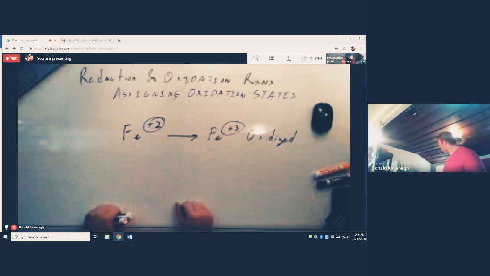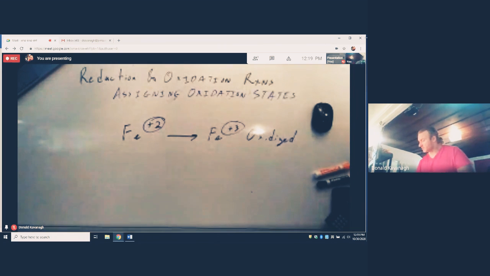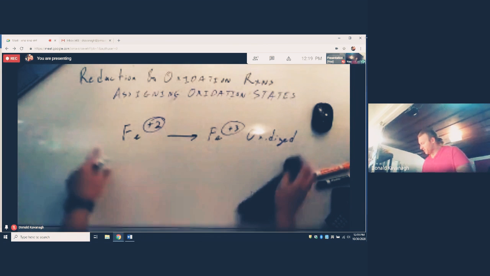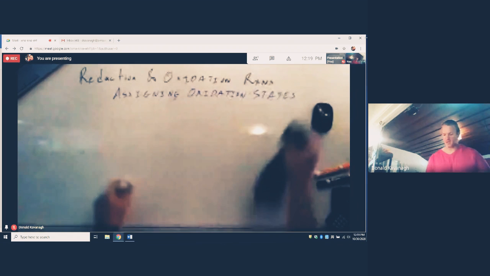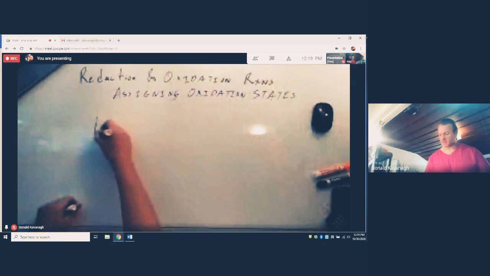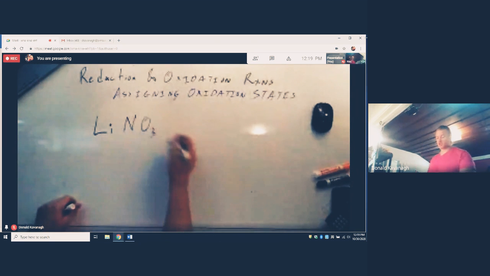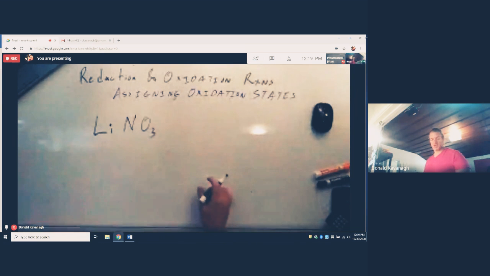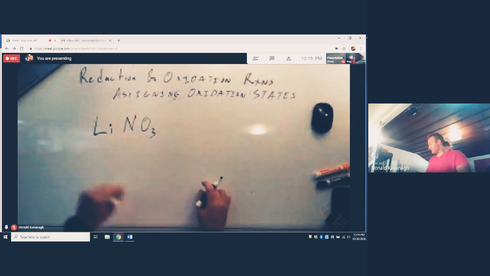Now, in this example, you're explicitly told what the oxidation state is. Here's a couple examples where you have to calculate it or determine the oxidation state of individual atoms. These are not complete reactions. These are compounds meant for practice to determine the oxidation state of individual atoms. There's a couple rules that are in here, outlined in the textbook